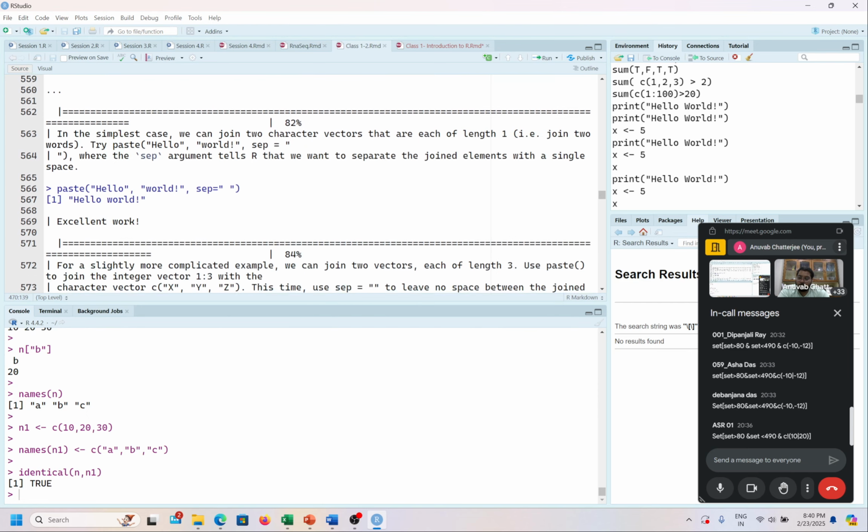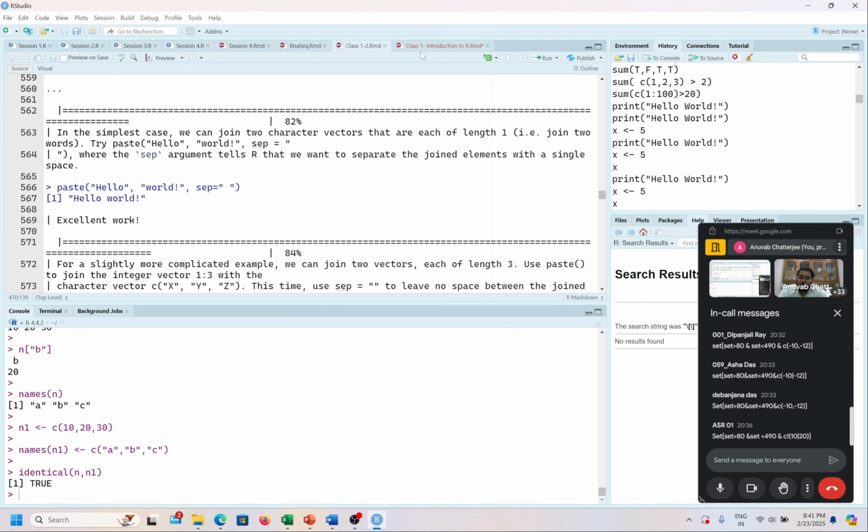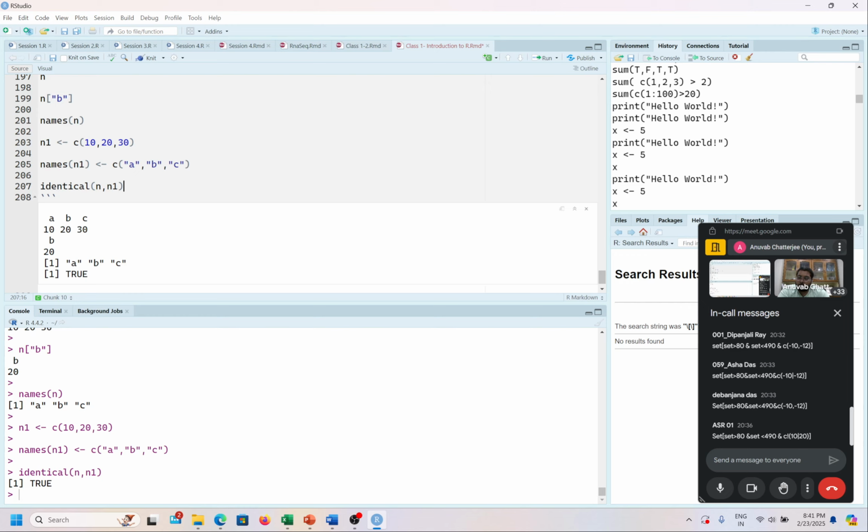হ্যাঁ বলো। স্যার এই আইডেন্টিক্যাল n কমা n1 ওটার মানে কি? So identical essentially equal যেমন আমরা ইউজ করি নাকি চেক করার জন্য if two things are equal or not. Identical is used for bigger things. So obviously একটা দুটো ভেক্টরকে কম্পেয়ার করার জন্য equal তো আমি ডাইরেক্ট দিতে পারবো না। So we use the identical function. So you can compare strings, you can compare data frames using identical. আচ্ছা আচ্ছা ঠিক আছে।